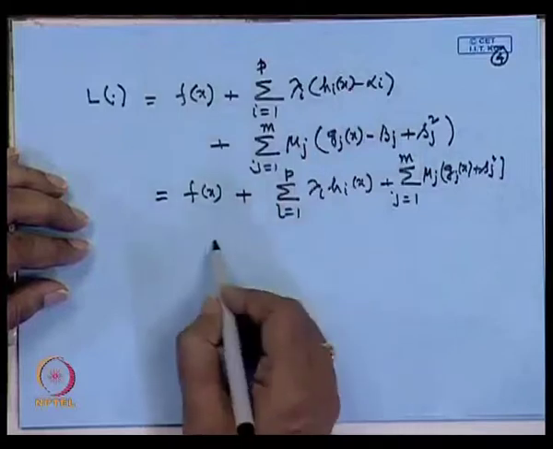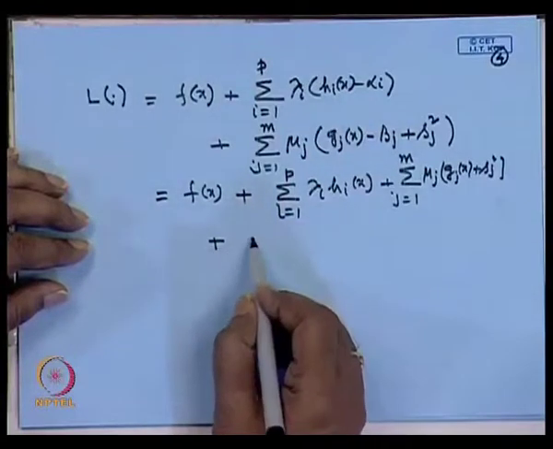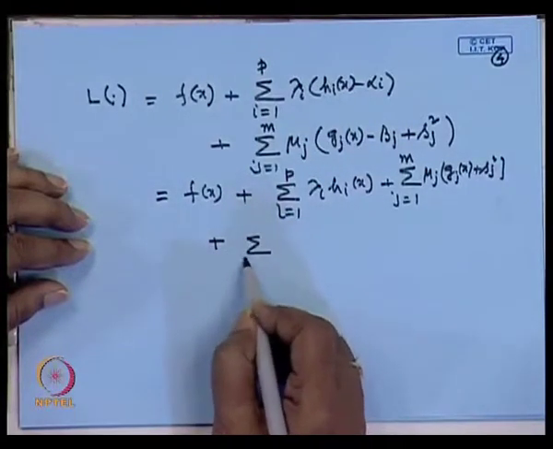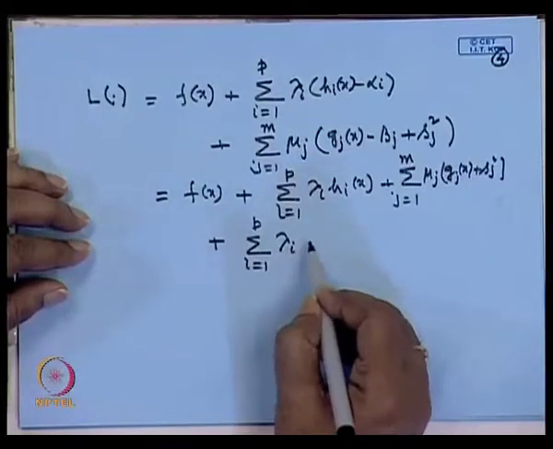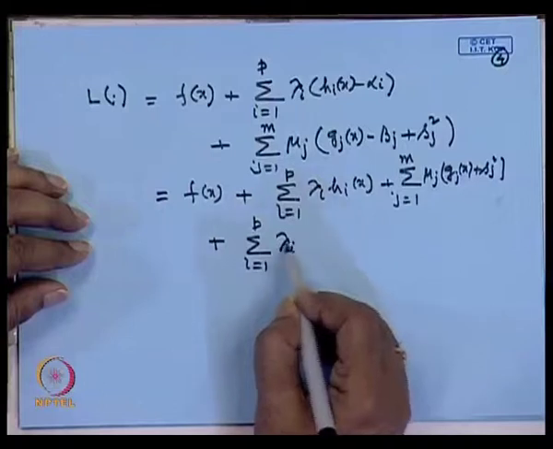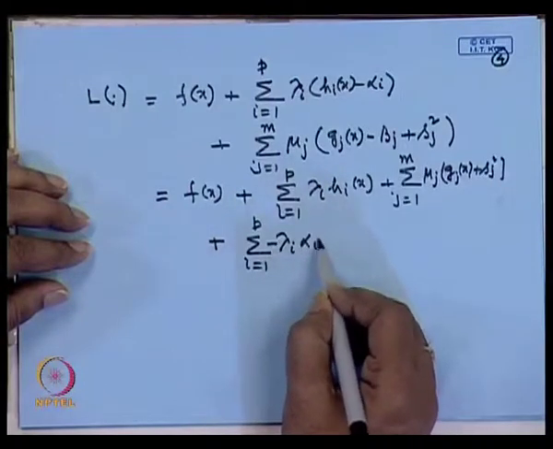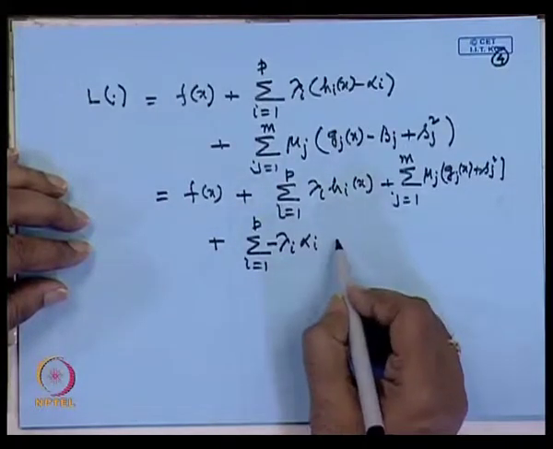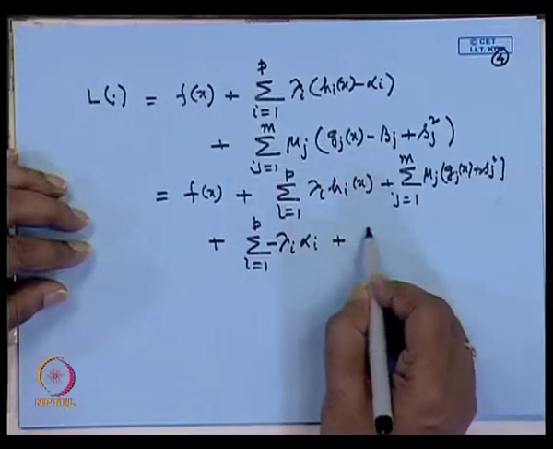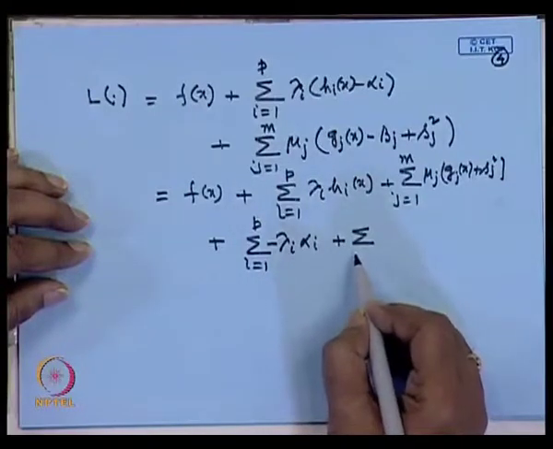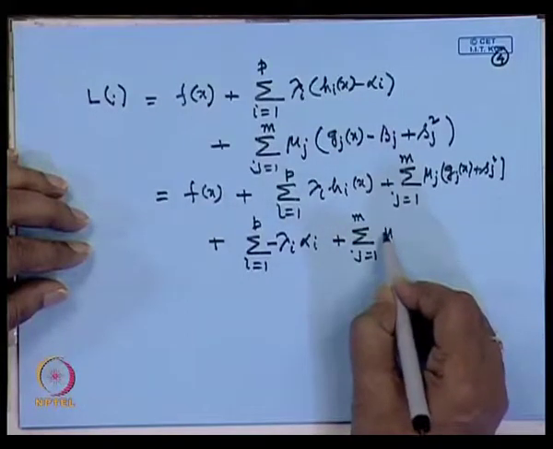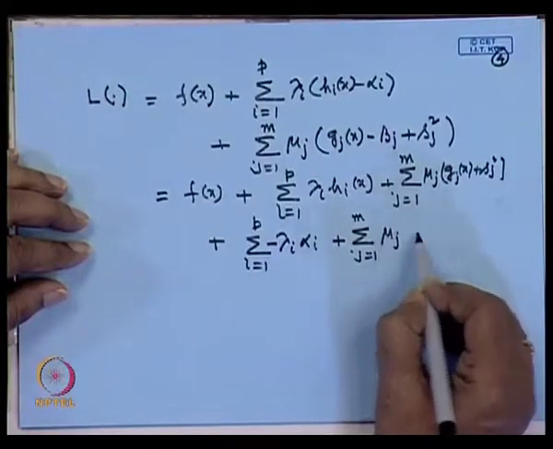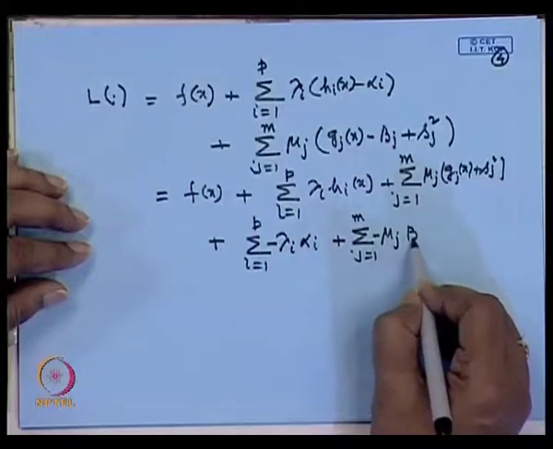When there is a perturbation, some additional terms we are getting here: summation of i equals 1 to p lambda i times minus alpha i, then again plus summation of j equals 1 to m mu j times minus beta j,